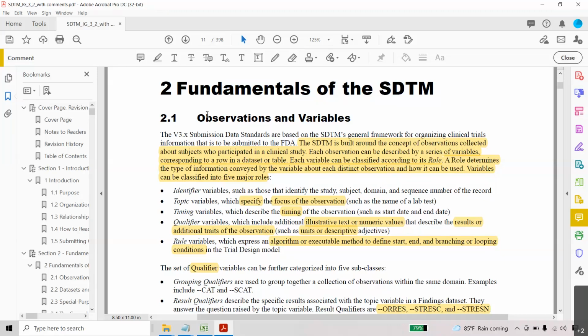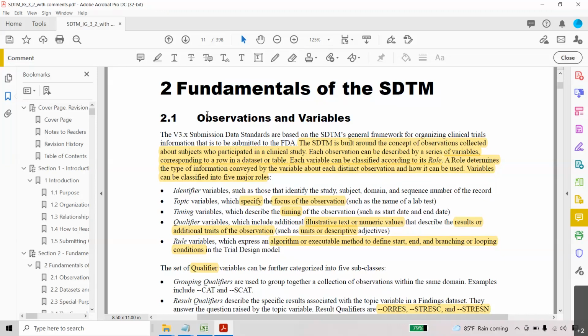Then there should be one variable in the SDTM to capture the 10 and the mg. Slowly you will understand when we discuss it, because 10 is a numeric variable and the units text is a character type.